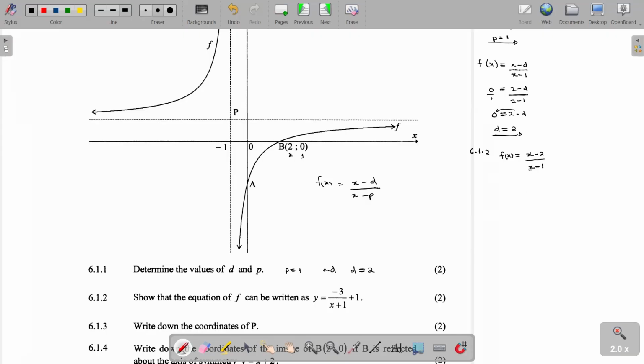Then how are we going to simplify this? We are going to apply long division. The part on the denominator is going to be x minus 1, and the part on the numerator is going to be